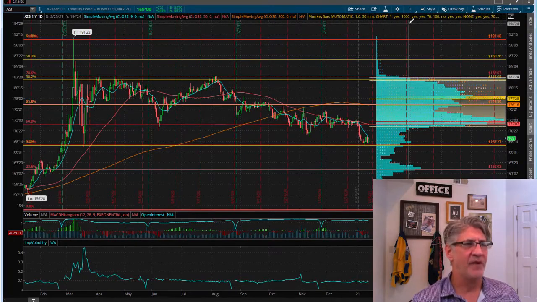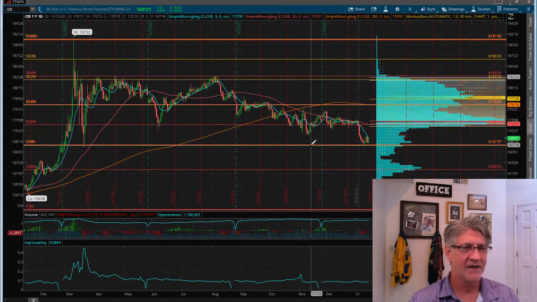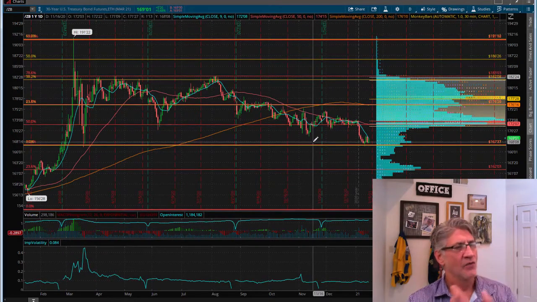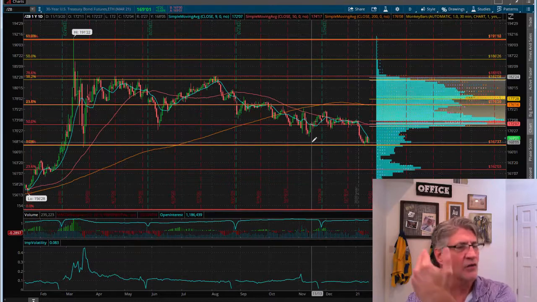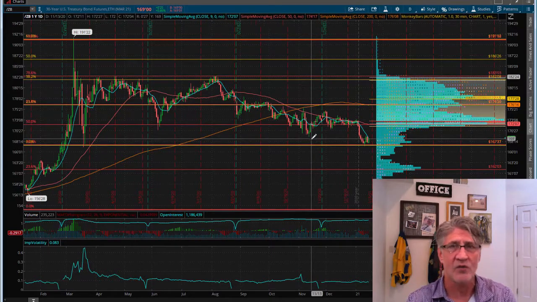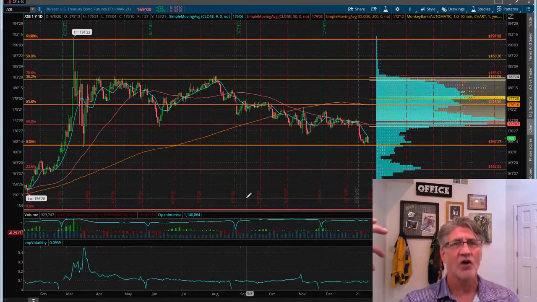Bonds starting to make a bit of a move higher here, almost up a point on the day. We did find support in and around our double Fibonacci line here that we have at 167.17. We found support there. Looks like we're starting to make a move higher. I would like to see interest rates come off, especially if we're seeing a slowing economy. We don't want to see interest rates go up. We don't want to see inflation go up at the same time.